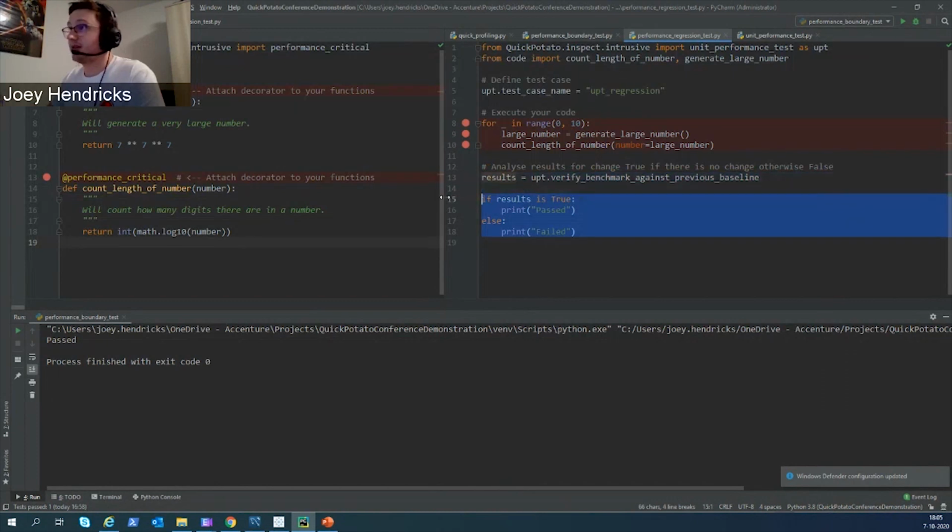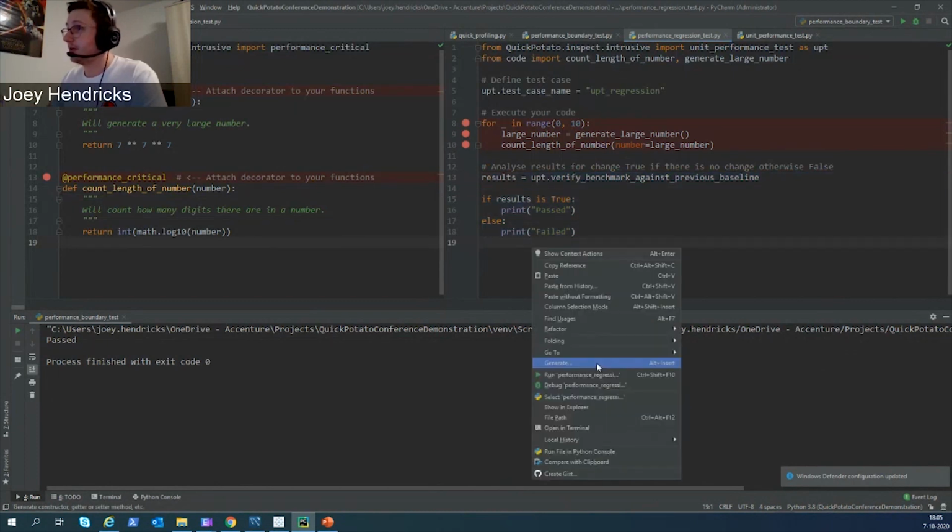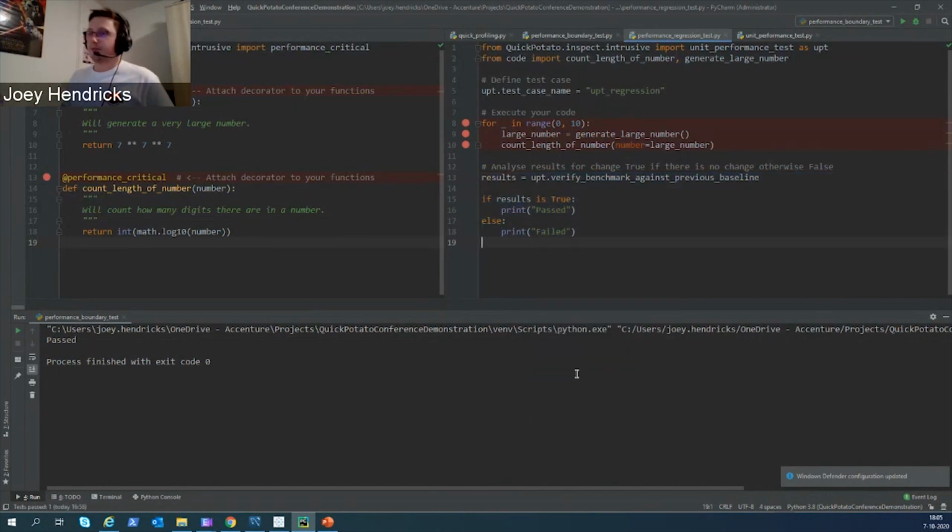So same with the code. It's going to say passed or failed when it's done. So let's run this. Wait a couple of seconds for the interpreter again to spin up and go back to results, and there it goes. It says passed again. So that's cool. And I've run this test a couple of times to make sure that I had a baseline. So it actually says passed now, but this is still not really what I want. I want this to be integrated in a unit test suite. So that brings us to the last